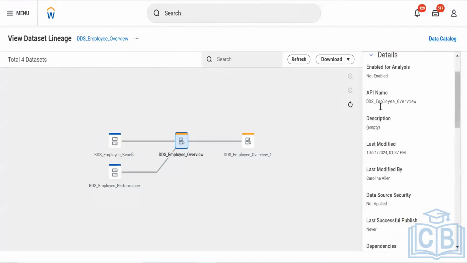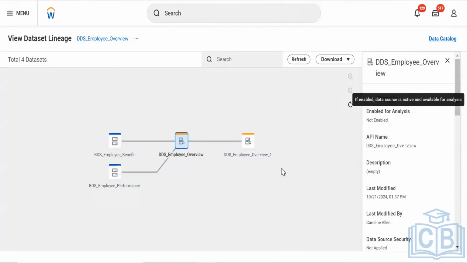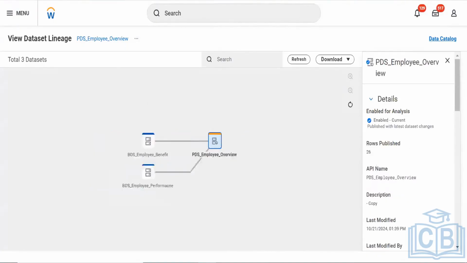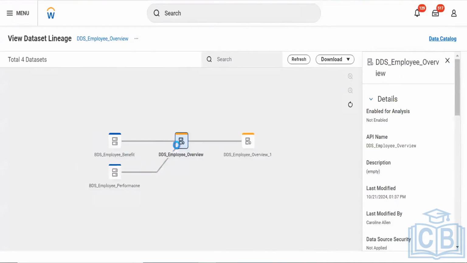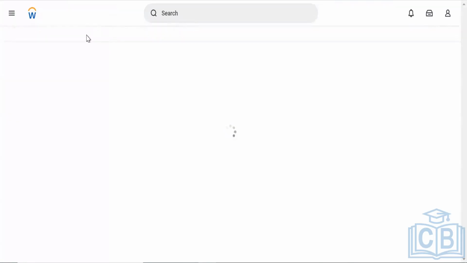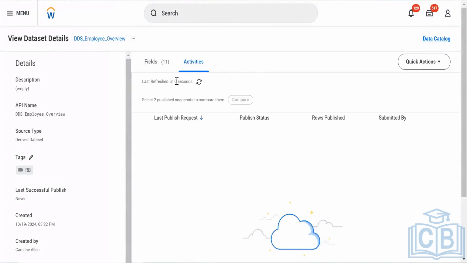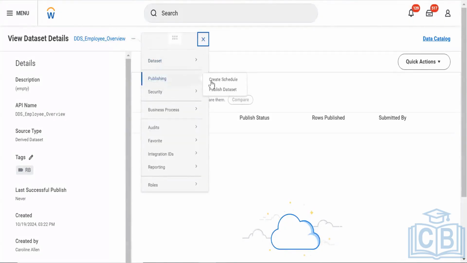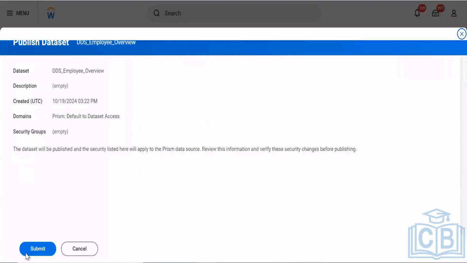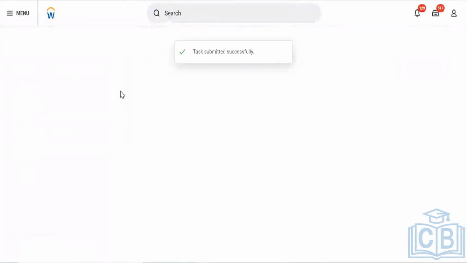If I see the published status here, if I open it in a new tab, yes, we can see it's not published. We can go here and go to publish, and depending on the data, it will take time to publish it.